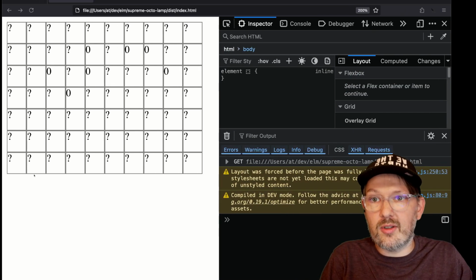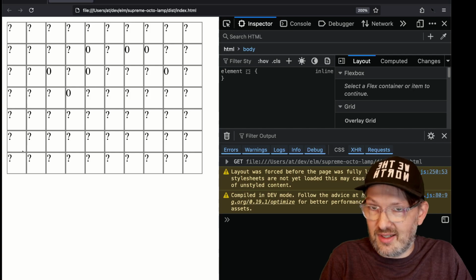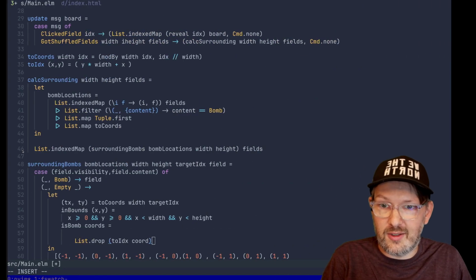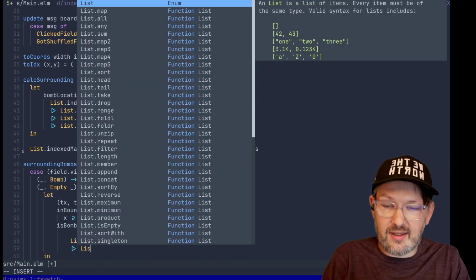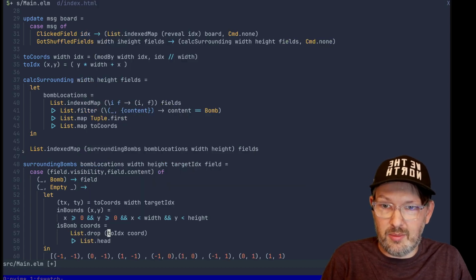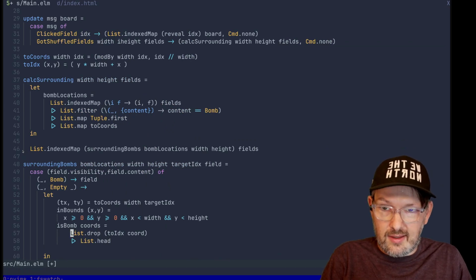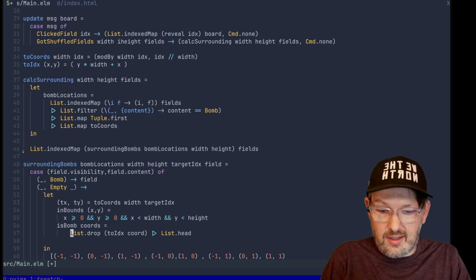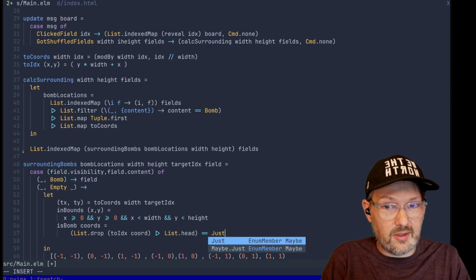So let's say I want to have the element with the index 1, then I have to drop one element and just look at what's left, the first element of what's left. So we drop this, and then we pass it into list head, which gives us the first element of the map. I can just write it like this, and if this equals just a bomb,